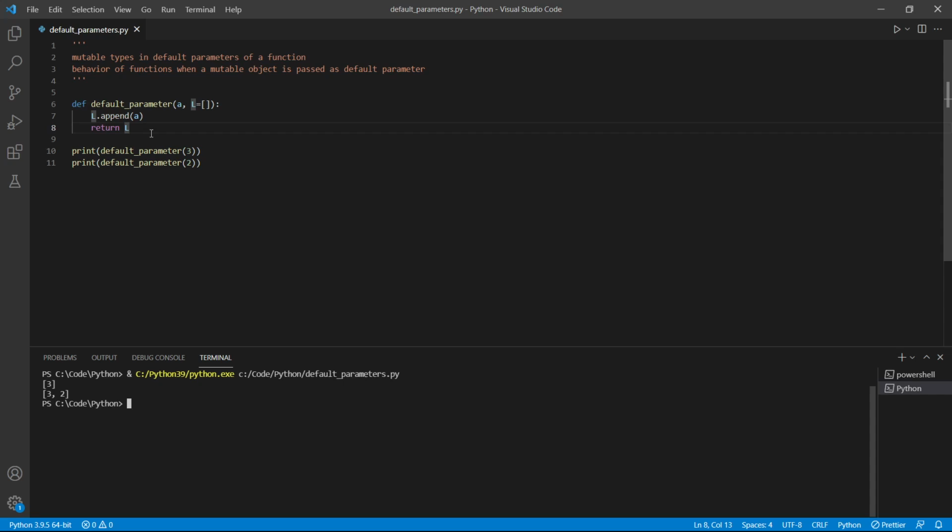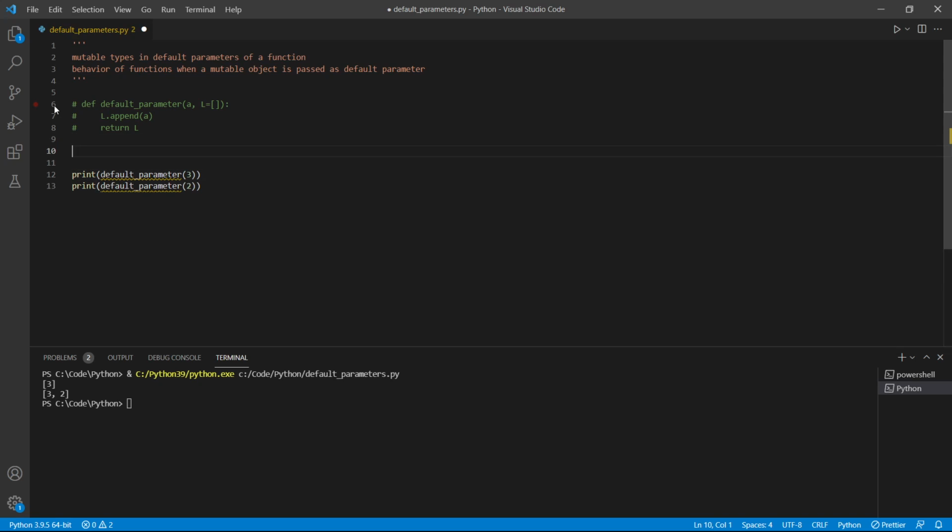Every time the function is called, this function is not creating a new instance of this list. What it is doing is just creating a common list and appending items to that list. So to overcome this problem, I would just comment this code out for the time being. What we can do is define another function with the same name,